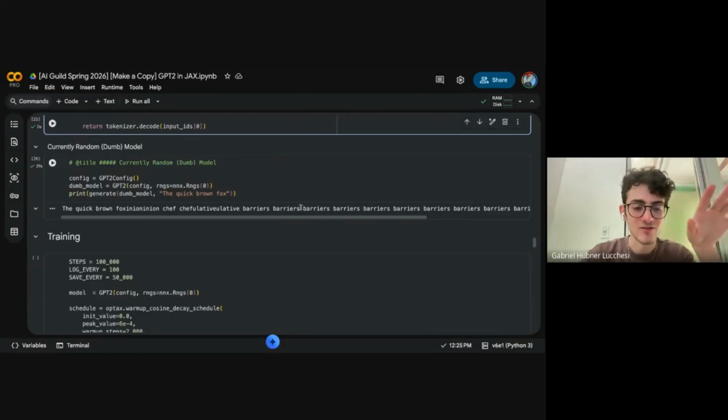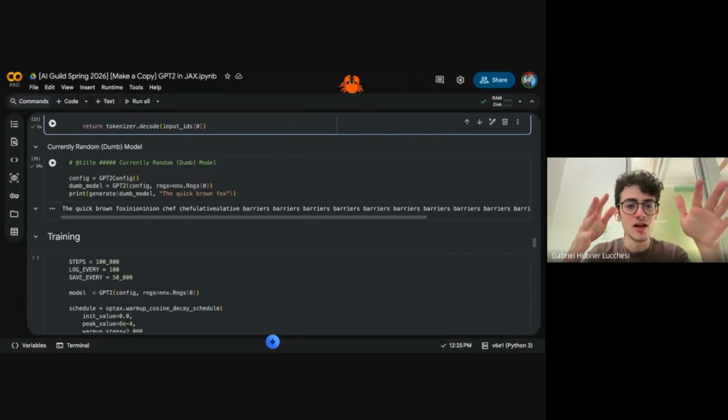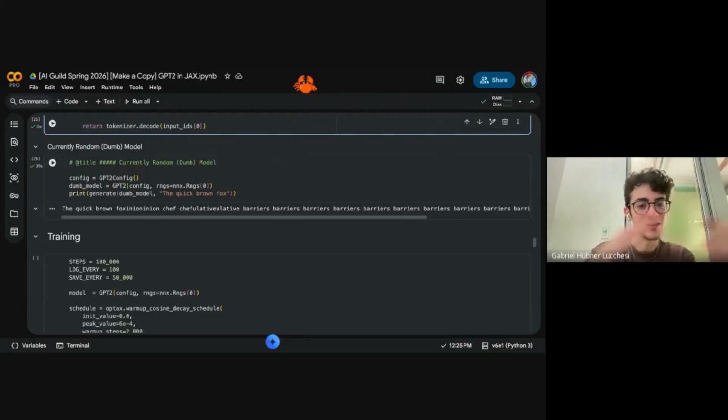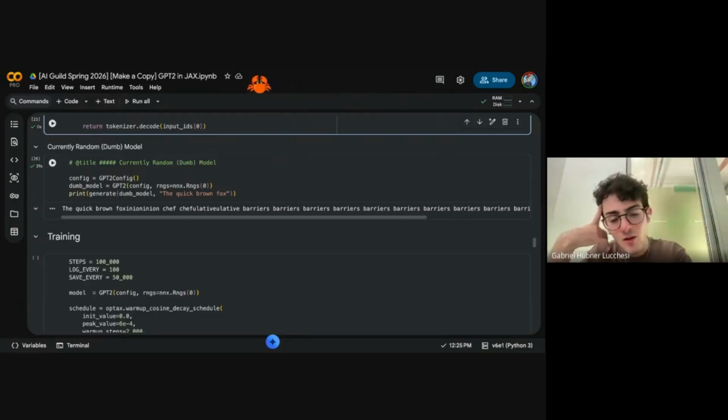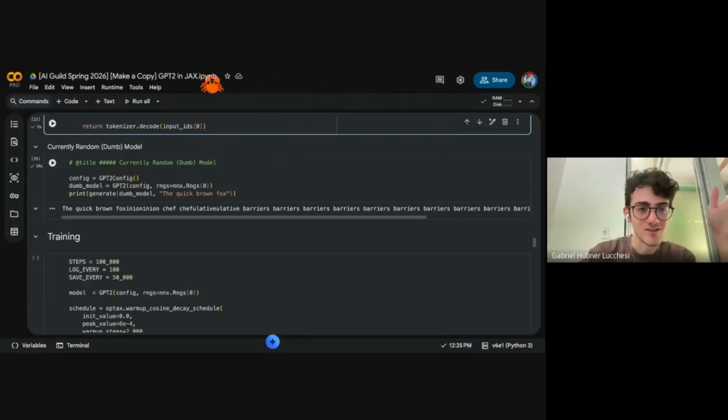An activity for you guys: you should try to get different checkpoints of this model during the training and see how smarter it gets. There are going to be some really funny iterations where it's going to say jargon, but it's going to sound like English in those intermediate steps. You're going to be like, it's trying to tell you something, you just don't know what it's trying to say.